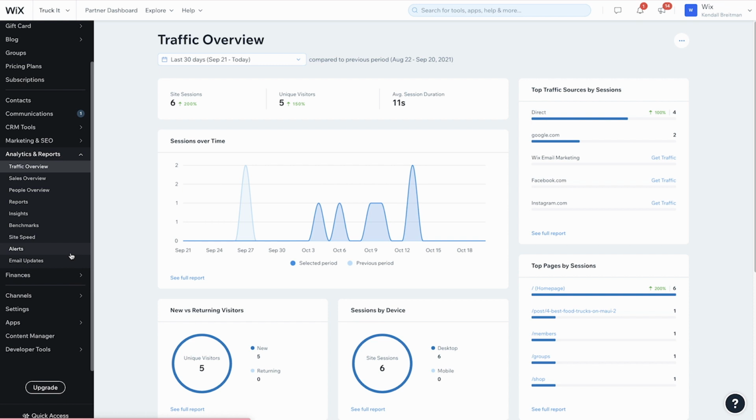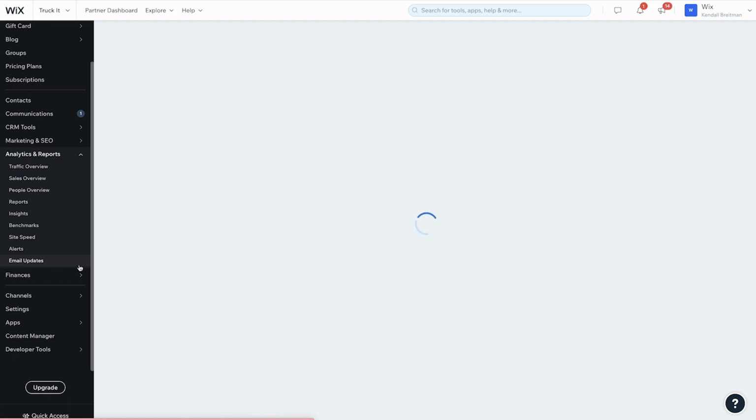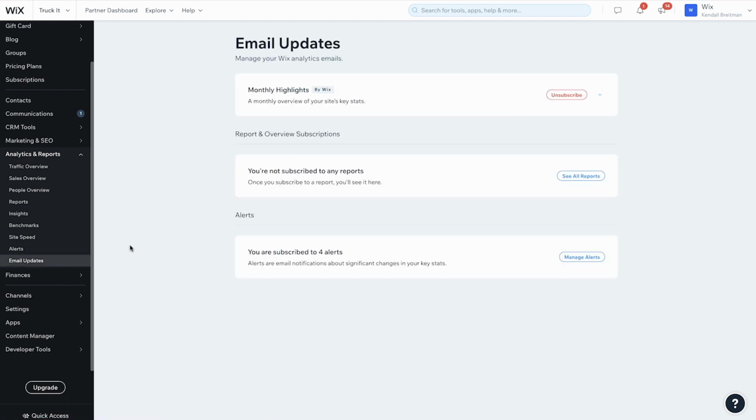And to make sure I don't miss out on any more readership, I can also set up alerts, which will email me anytime there's a dramatic change in my blog activity that I need to be made aware of. And over here, where it says email updates, this will send me a monthly digest of all of my site's performance numbers, like an analytics newsletter. It's a really great way to compound everything into one place, so I can draw some conclusions about what worked and what didn't and plan next steps. Okay, that's Wix Analytics. Now on to Google.